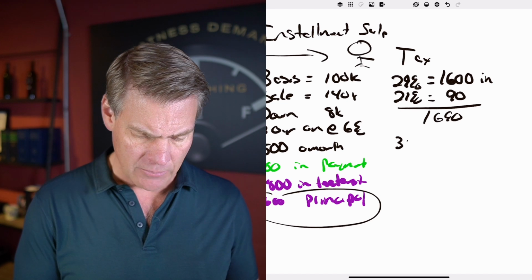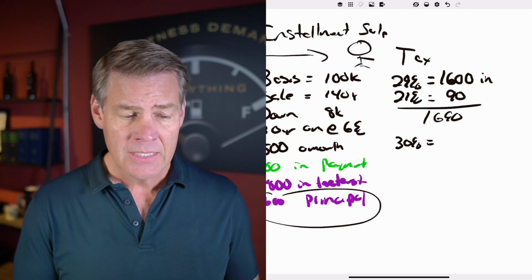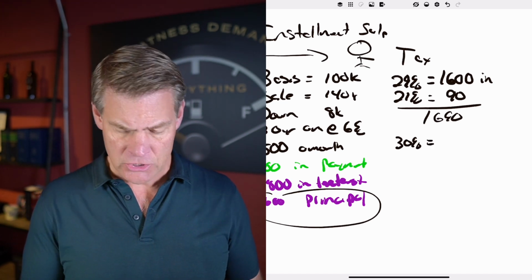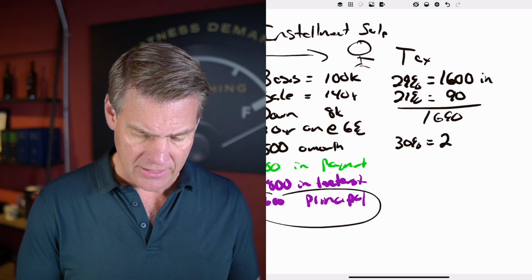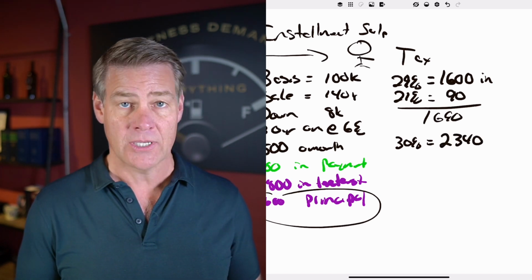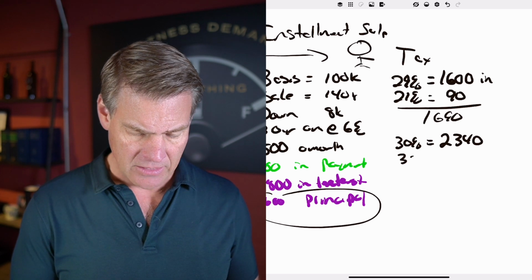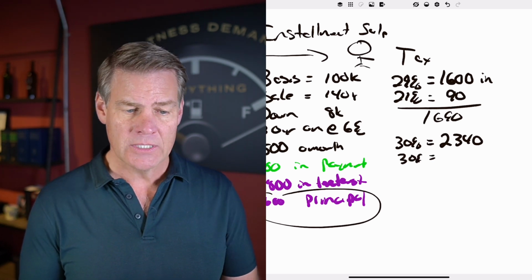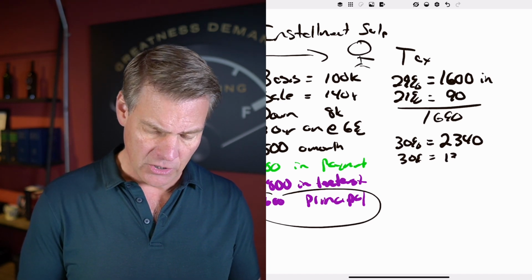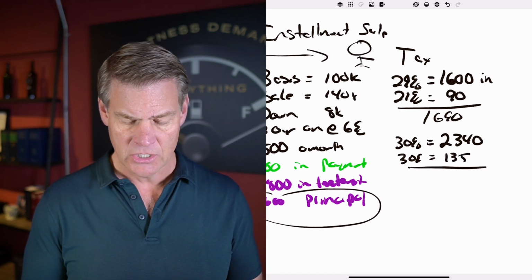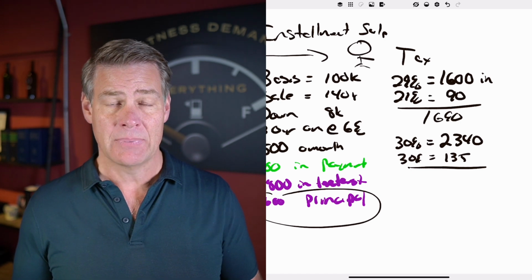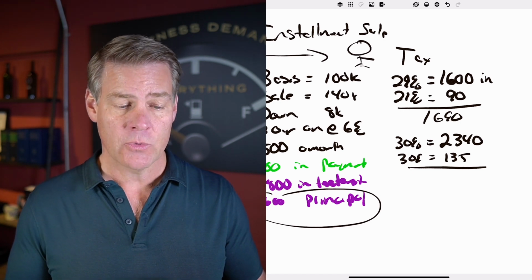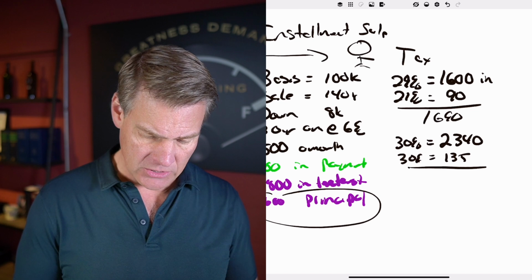So if I'm in a 30% tax bracket, then my taxes on the interest is going to be $2,340 to pay in taxes. And the taxes on the principal gain that I'm going to have to pay is going to be $135 in taxes. So my total tax liability then, if I sold it through an S corporation, is going to be